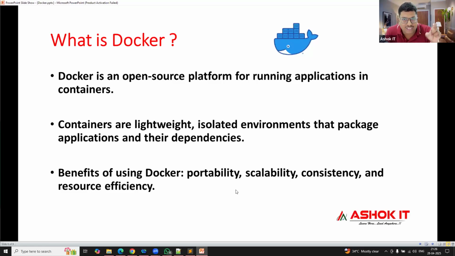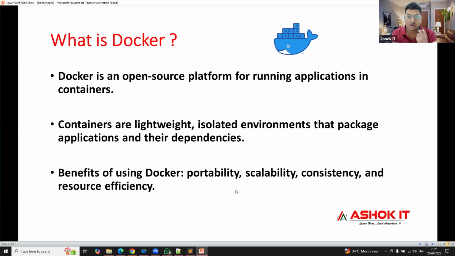Consistency: the code which is working on one system, 100% guaranteed, can work on any system. Because Docker will not use the system infrastructure. Docker will set up its own environment to run the application, which is called a container. When we compare a virtual machine and a container, containers will occupy much less memory than a virtual machine. If you go for a VM with virtualization, it will occupy a lot of resources and memory of our system. But containers are very lightweight. Your system performance will not be affected even when you run multiple containers.